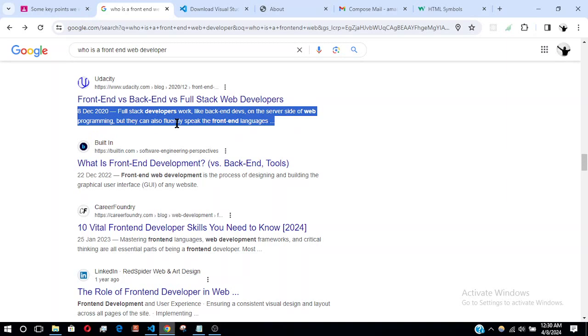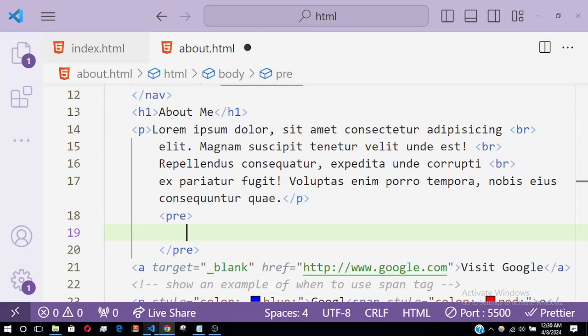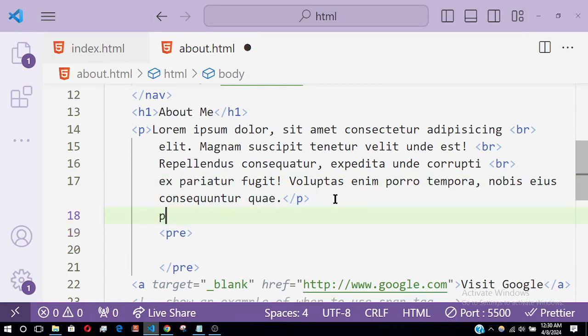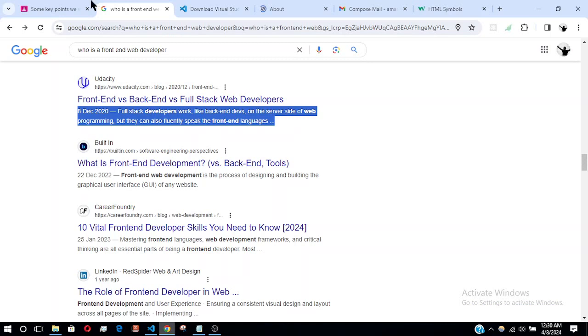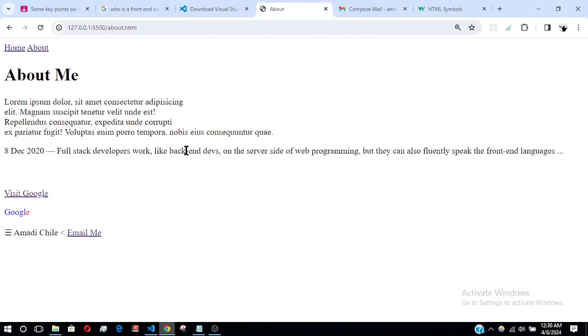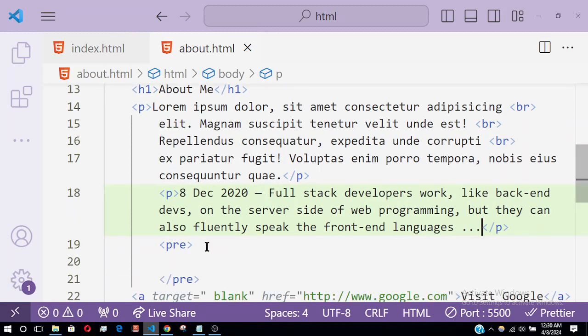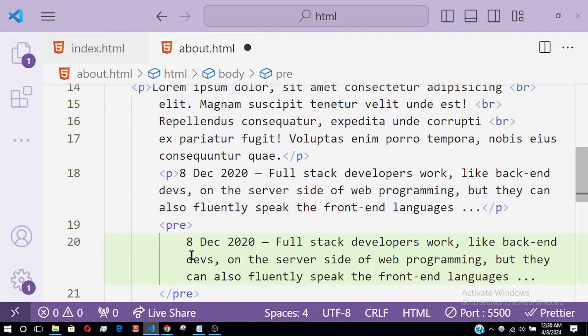So if I save this, if I copy this, and just to demonstrate, if I add this in a p tag and save, you see that it will display like this, just the way it used to display before. But now if I wrap it inside a pre tag and save,